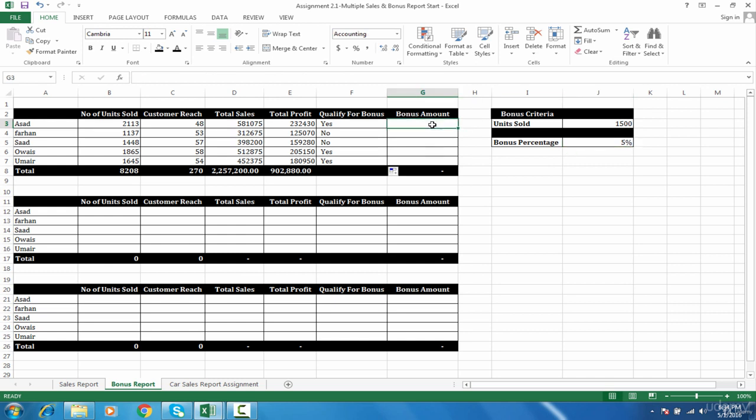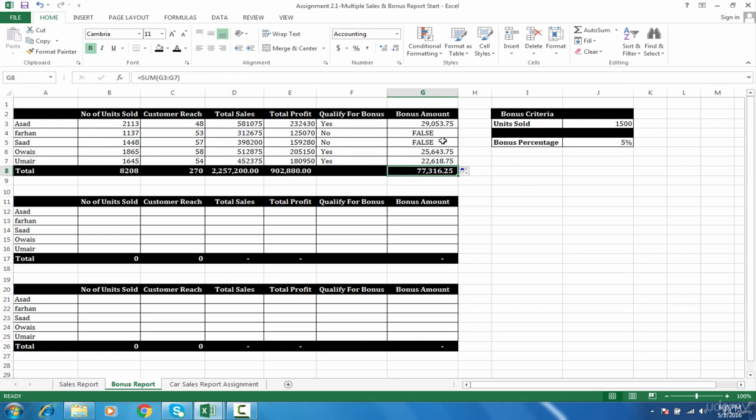So we put an equals sign and then write IF this cell has a value equal to yes, meaning if it is written yes, then pick the total sales value and multiply it by the bonus percentage. And what do we need to fix now? Yes, you need to fix the bonus percentage because it will drag down. So press F4 and enter. Now you have the bonus percentage. Double click to send down and